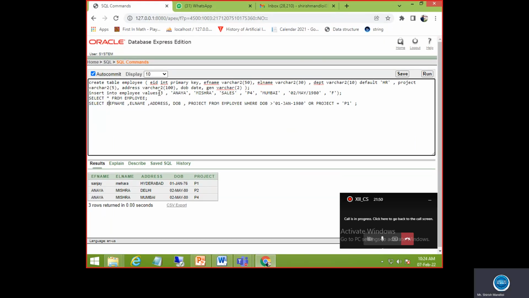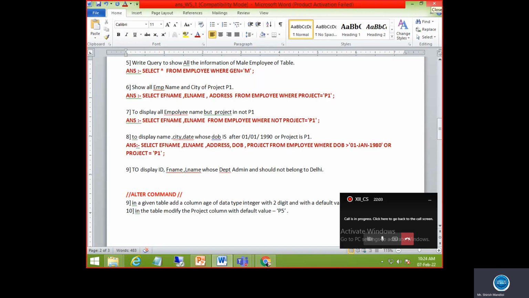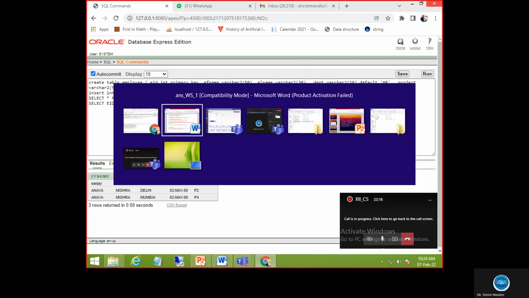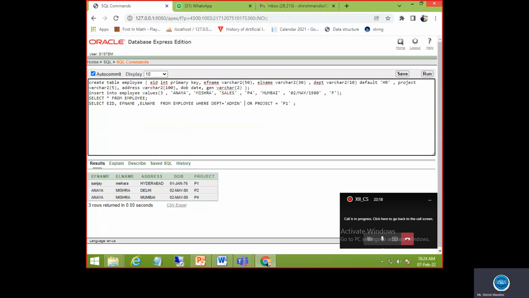So I am just writing here EID, from table name employee, condition is given there, department is admin, EPT is admin, and should not belong to Delhi, and city not equal to,